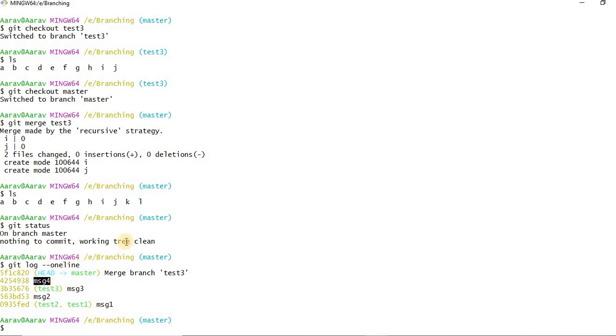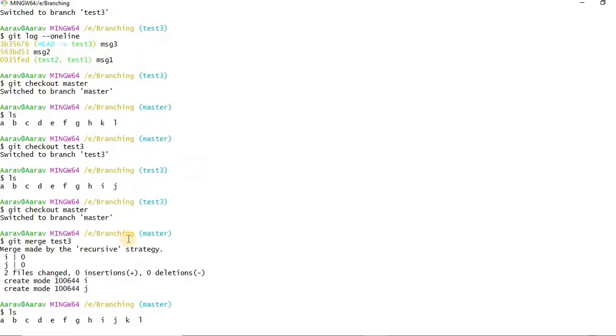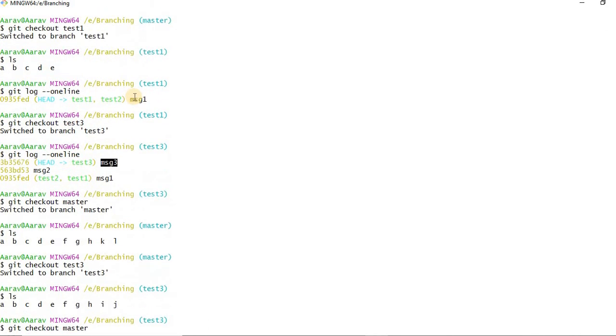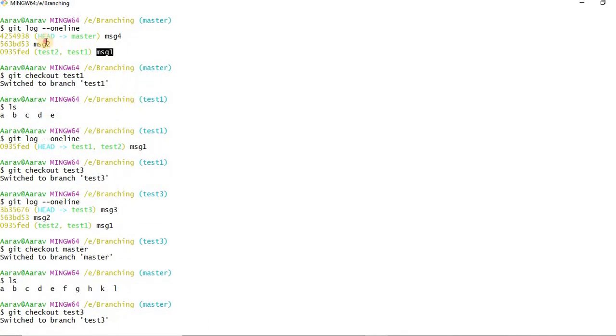On test3 we have message 1, message 2, message 3. On master we have message 1, message 2, message 3. Consider the order: the first commit was message 1, the second was message 2, and the third commit on master is message 4. Entirely it is message 3 on test3, but on master it is message 4.